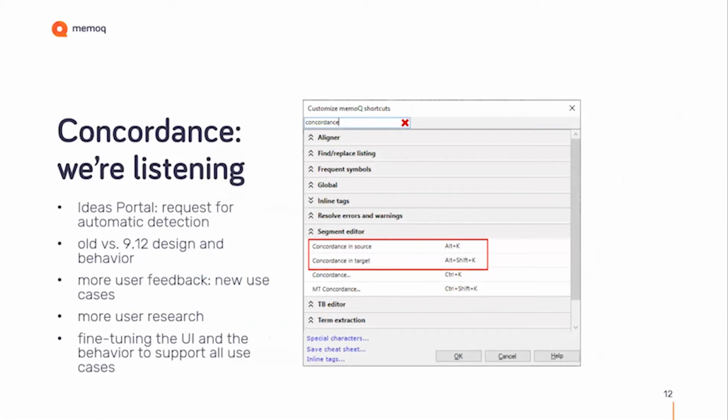So under the memoQ shortcuts, under options, you will have 2 new items that you will be able to customize and define to your needs. So as you can see, we did quite a bit of research, talked to users, and hopefully now this revisited and corrected or modified new feature, Concordance feature, will cover all the use cases that you may have,